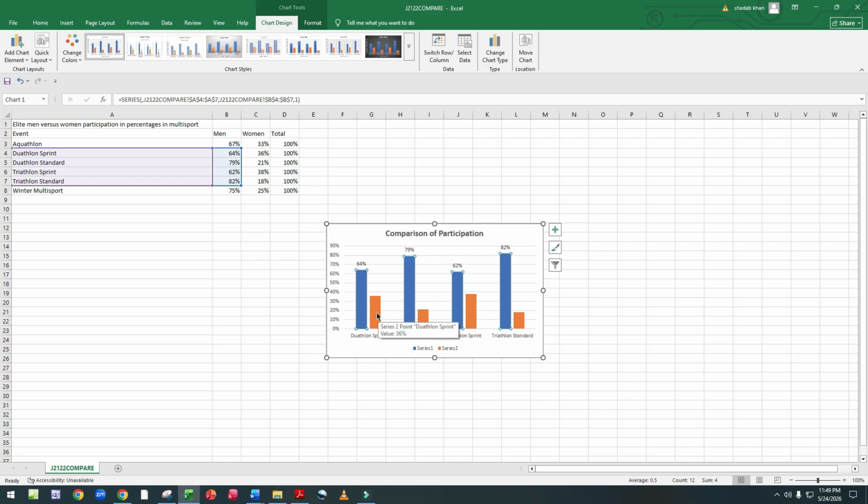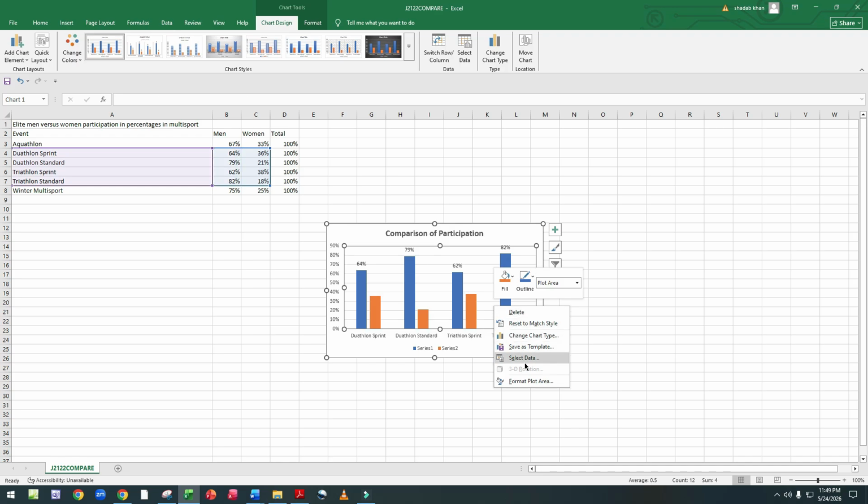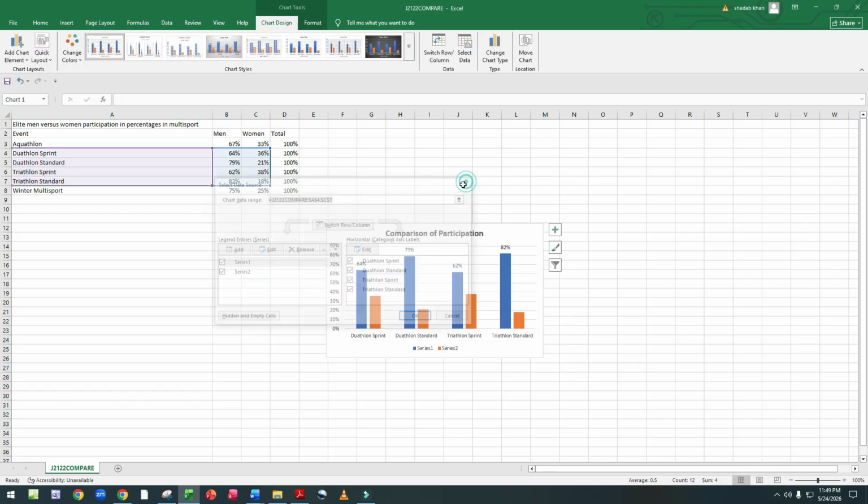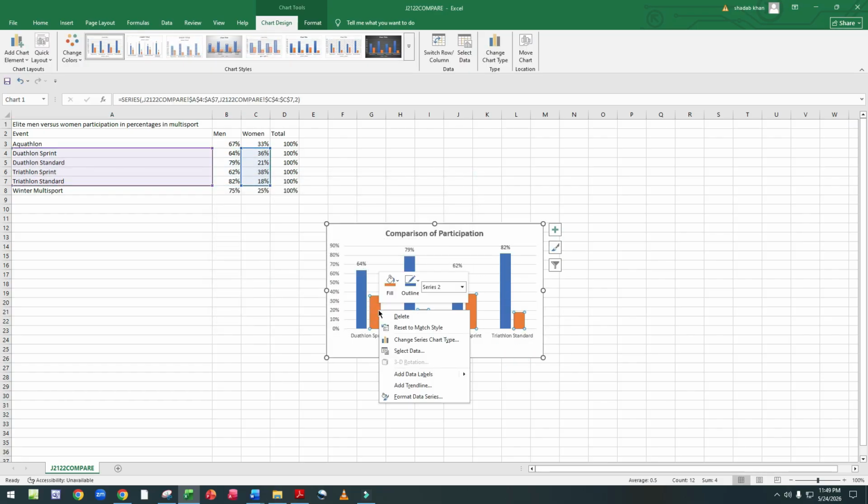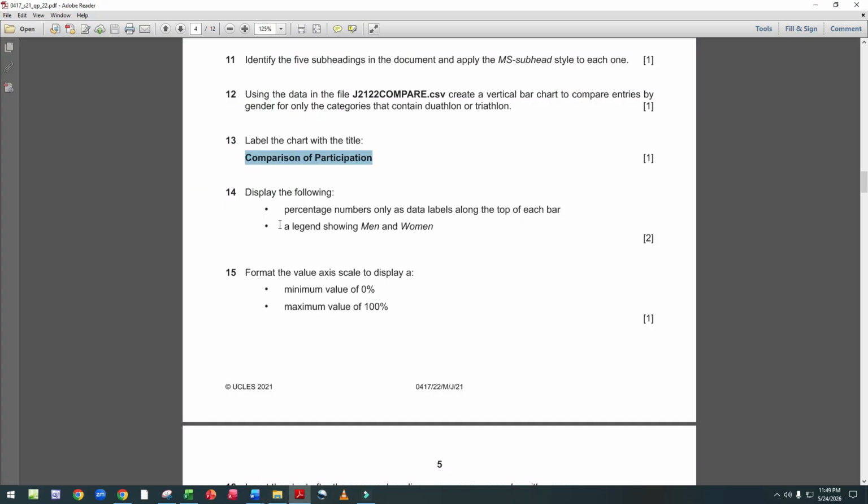Also the orange one, right click, sorry, select that, right click, add data labels. Here we enter the percentage.